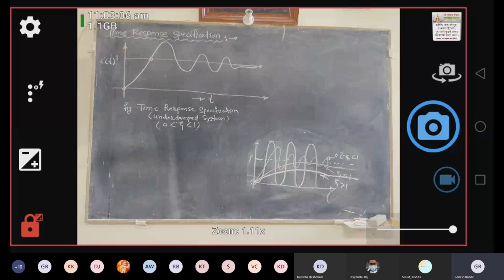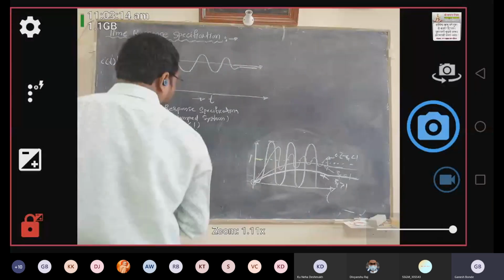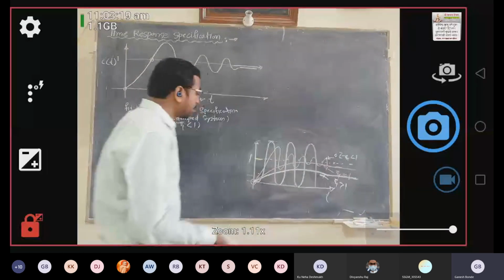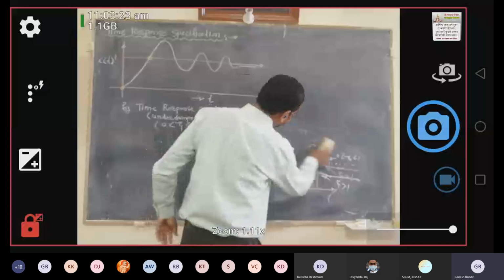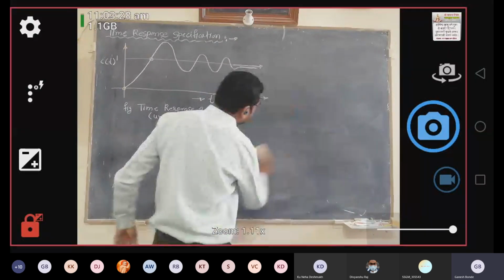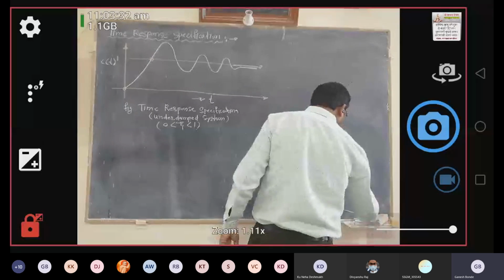Okay. So we just brush up the things that we have discussed in a previous lecture. In the previous lecture, we have finished with the time response determination of second order control system with different values of zeta. From the last two lectures, we have been discussing this. So the conclusion is that